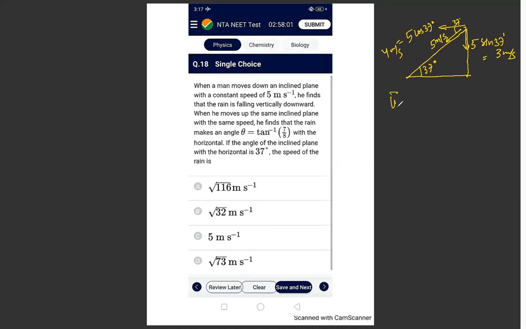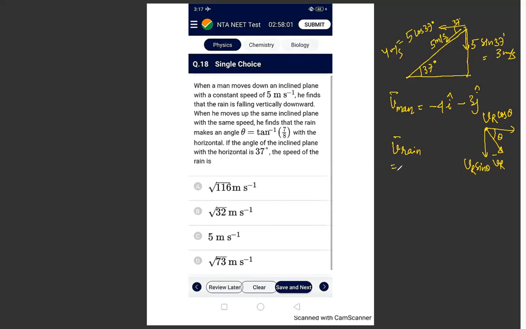So the velocity of the man is going to be written, taking this direction as i and j, as minus 4 i cap minus 3 j cap. Similarly, I'm going to write down the velocity of the rain. I'm just taking the common direction of the velocity, let it be Vr, and this one is a general direction, let it be theta. So this is going to be your Vr cos theta, and this one is your Vr sin theta.